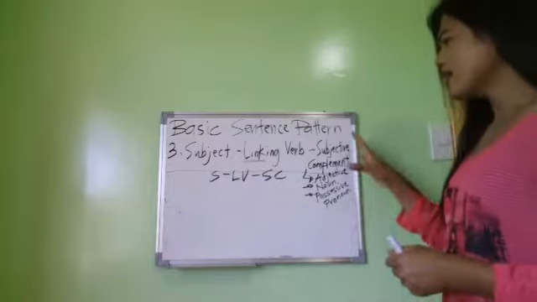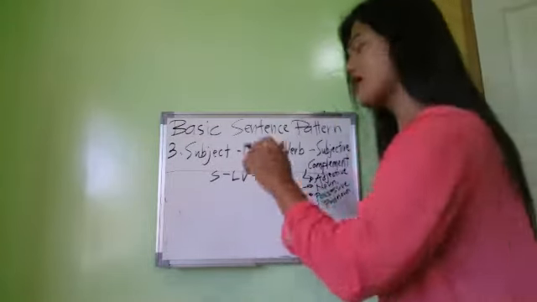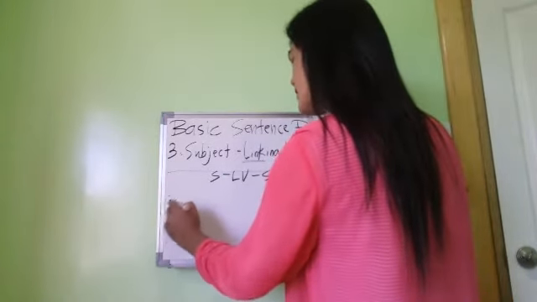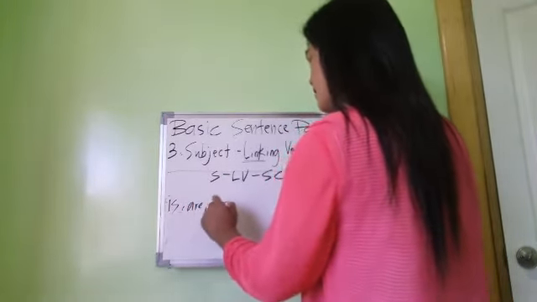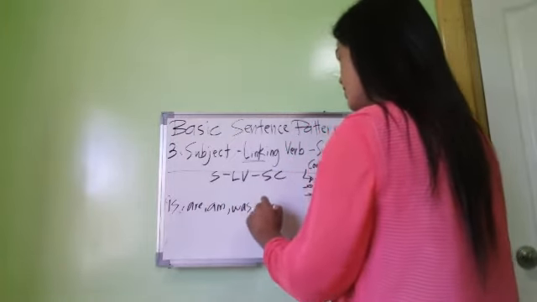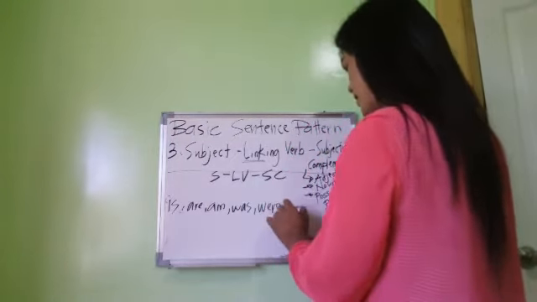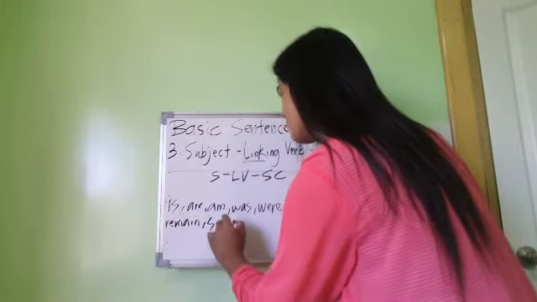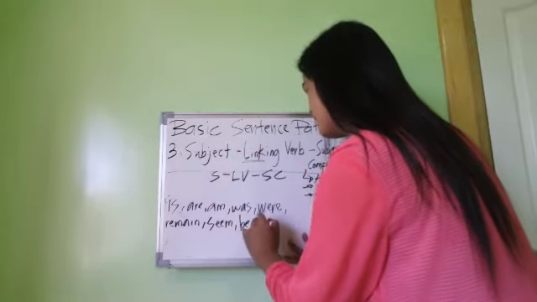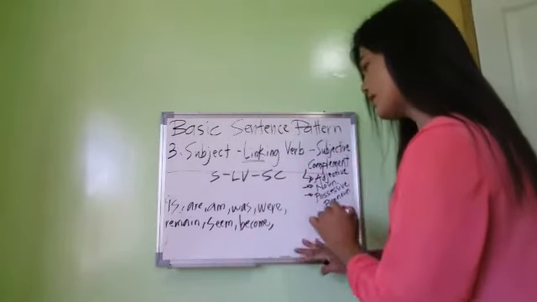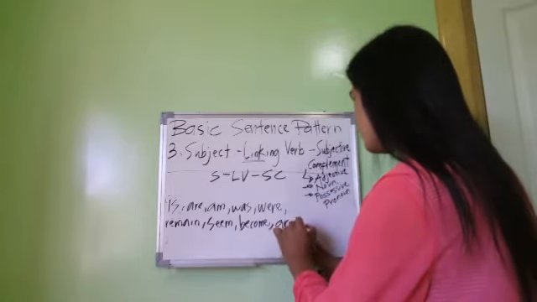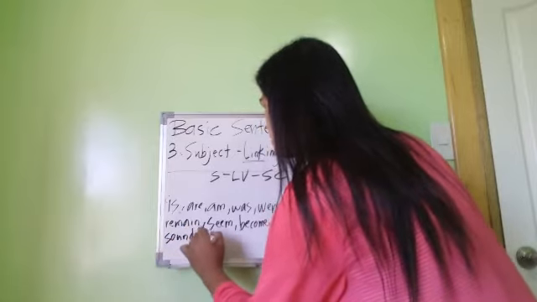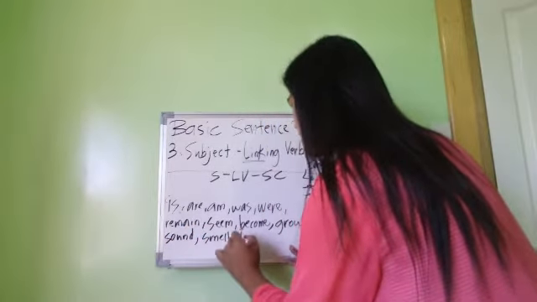Okay, so, well, and what are your linking verbs? Okay, I'm gonna give you lists of linking verbs here. So of course we have your is, are, am, was, were. These are not action words, guys, okay? We also have your remain, seem, become, what else? Grow, sound, smell, taste,